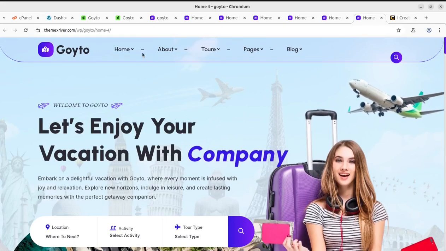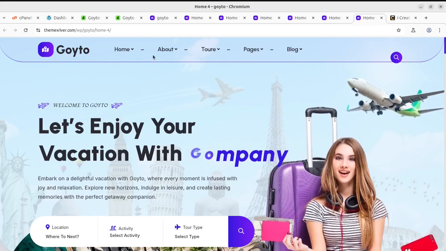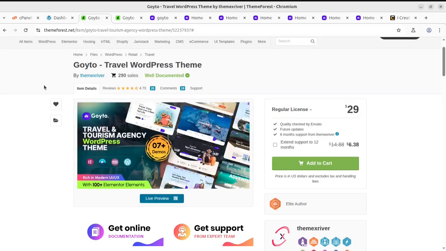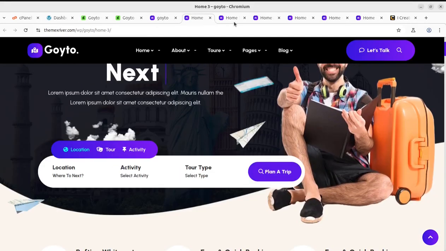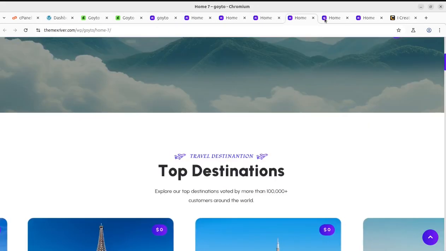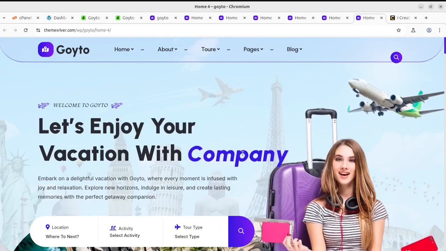are going to create a demo website using the theme called Goyoto, and it is a perfect theme for travel and travel booking websites. So let us first install this theme and create a demo website like any of these, and we are going to discuss the rest of the things all about the Goyoto WordPress theme in this video